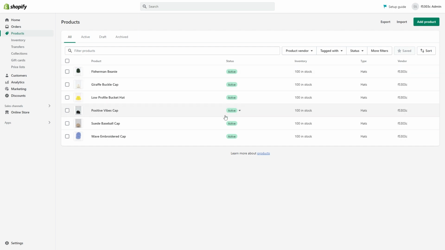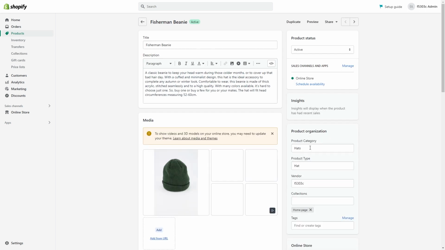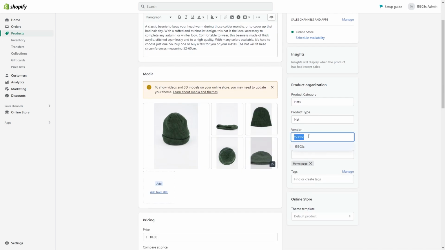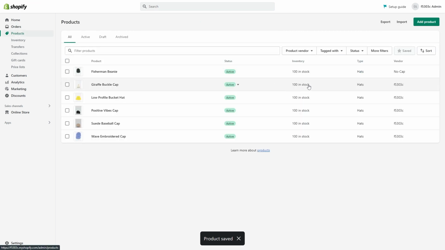The status is active. I've put 100 in stock for each of them just to keep it all simple. The type is hats and the vendor is the default store name. We could actually change it now if we went into the product and clicked vendor down here, and you could simply type the name of your store. So for example, if I put no cap and then click save, and then if I go back to products, we can see that this vendor